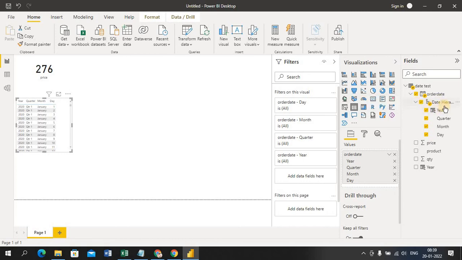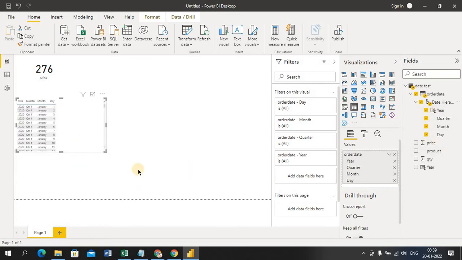The Power BI intelligence tries to provide you more information, like from the date it will give you quarter, month, day and all. Okay, so it will be easy for you to understand, so the Power BI intelligence tries to pull the date. If you don't want it like that, I just drag and drop this order date, but all this data comes in my report here.